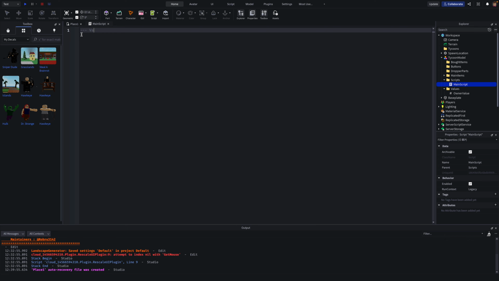So variables, and then local Tycoon model. Make sure the spelling is right. Equal script dot parent, and then